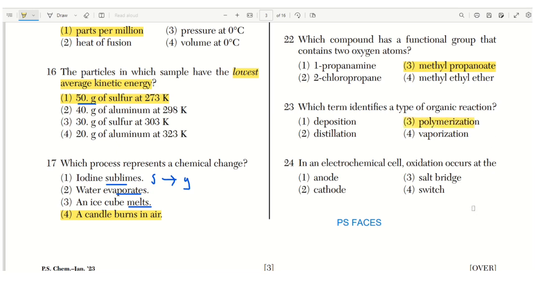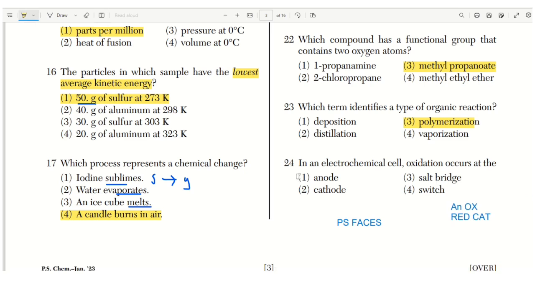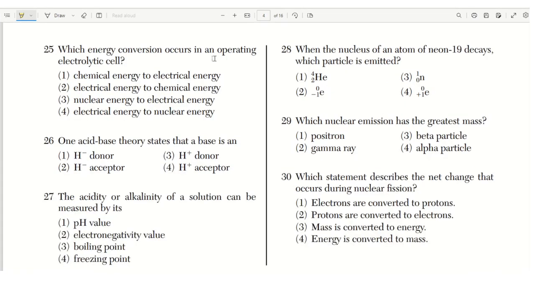In an electrochemical cell, oxidation occurs at the, well, remember there are a bunch of phrases, and one is ox, or red cap. So oxidation is at the anode. All right, which energy